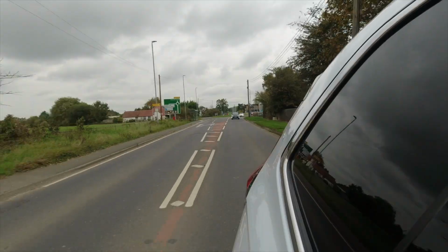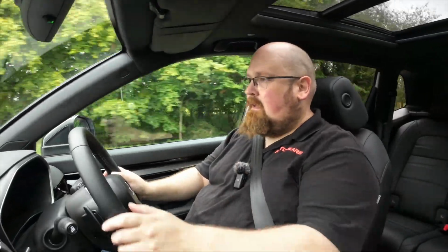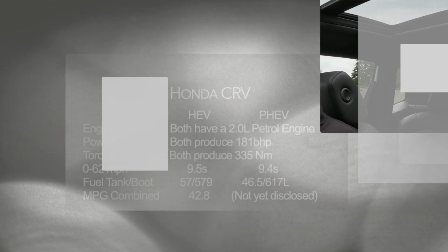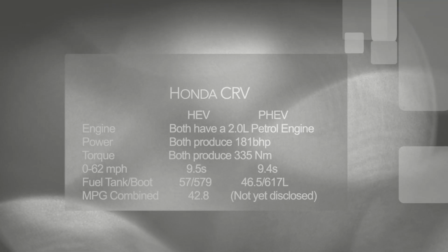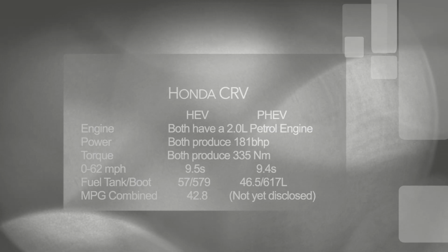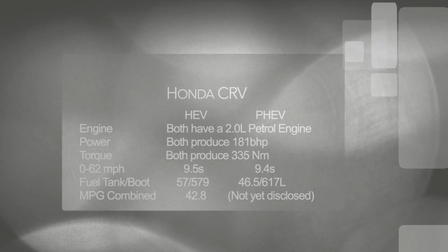Now, when it comes to powering the CRV, it will sound very familiar because it's the same setup as what we've got in the new ZRV and the new Honda Civic. So up front, we have got a 2-litre petrol engine. We have then got a hybrid battery system and electric motor, which powers the front wheels. Power output is 181 brake horsepower. I think it's about 335 Newton meters of torque. So this big family SUV will get from 0 to 62 miles per hour in around 9.4 seconds,